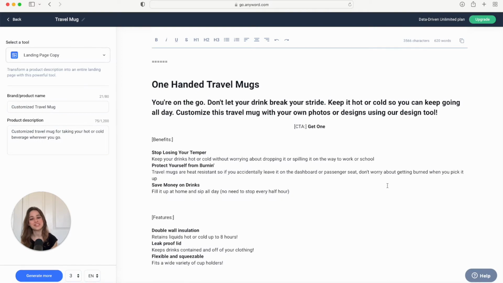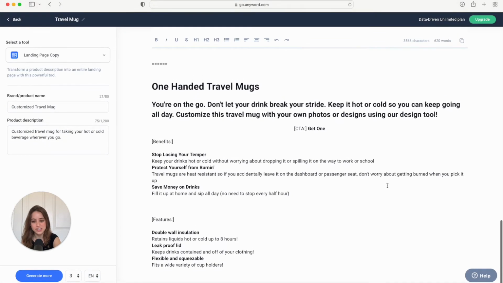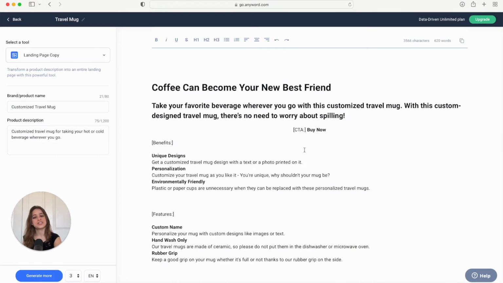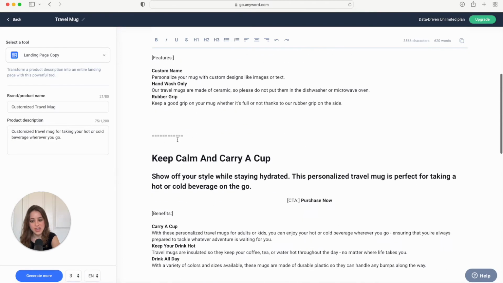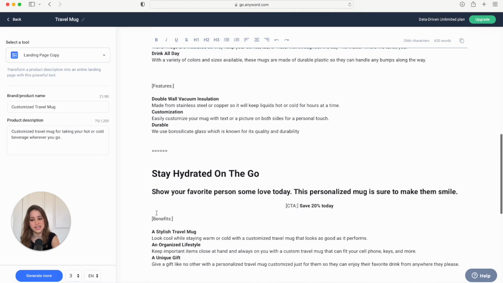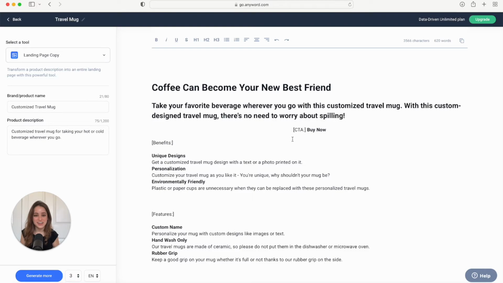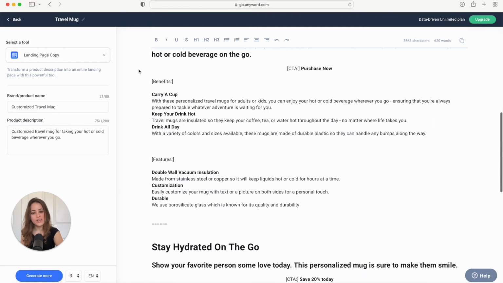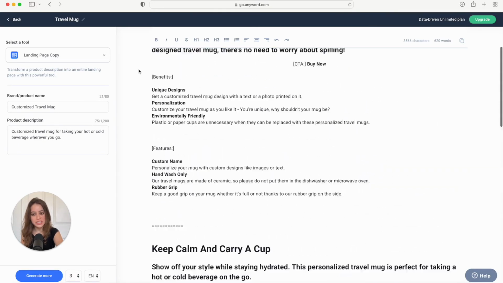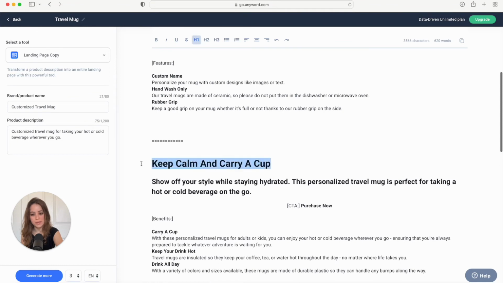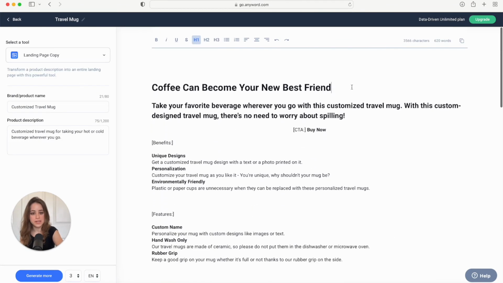Cool, so here are some other copy variations that Anyword generated for us for our landing page. You'll see that our first variation is here, and then our second variation starts under this line here. All right, so now you can just edit your copy as much as you want. Out of all these copy variations, I actually really like this one right here. So I'm going to copy and paste this one, and I'm going to put it here,